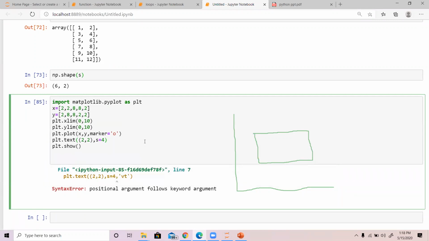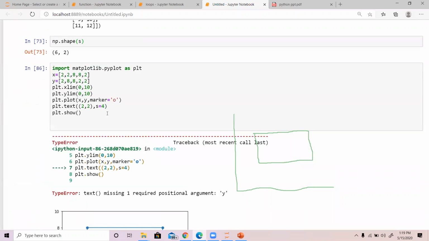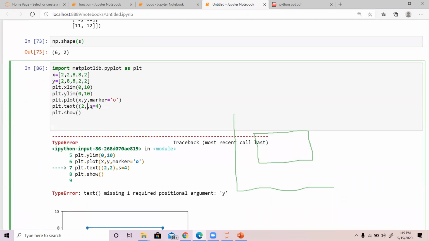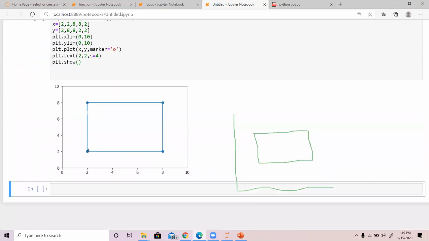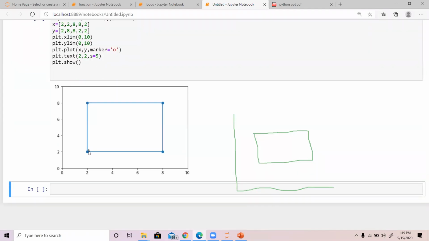You can see that if I want to print anything on 2 comma 2,